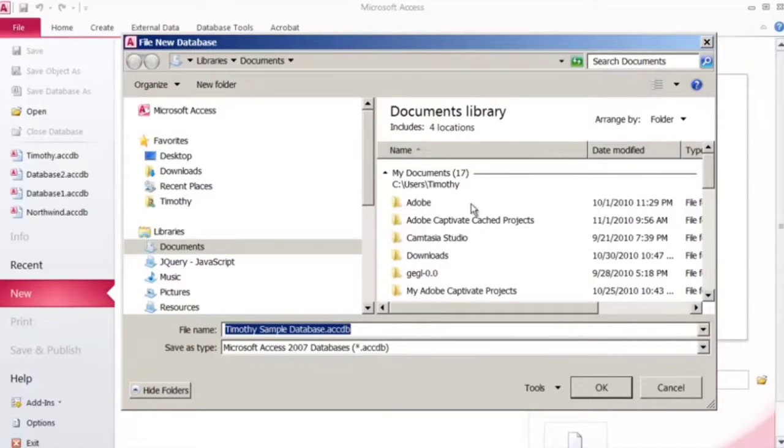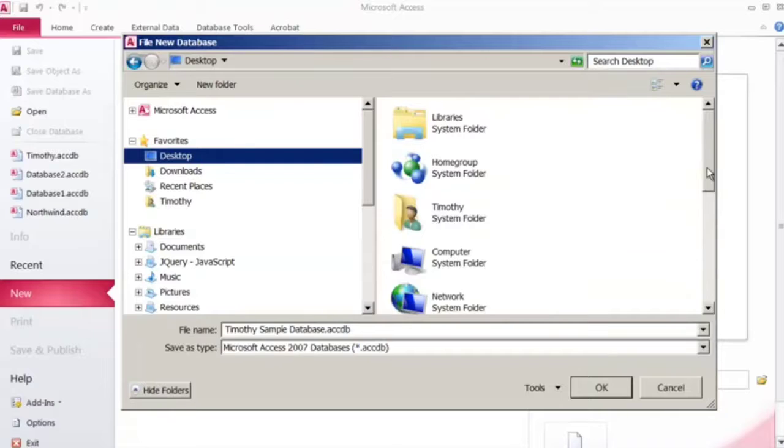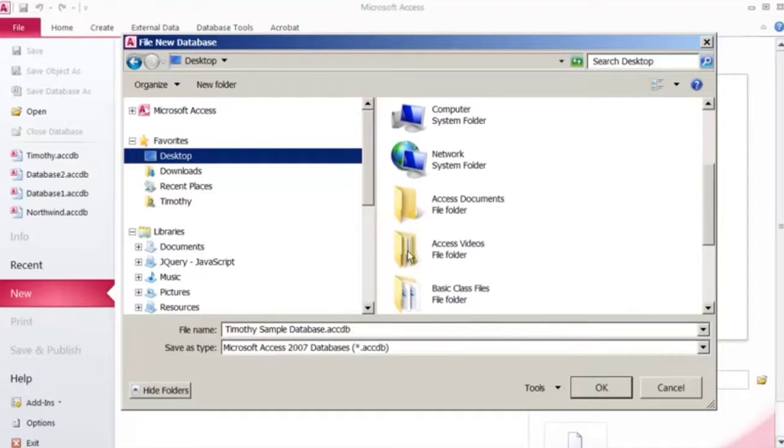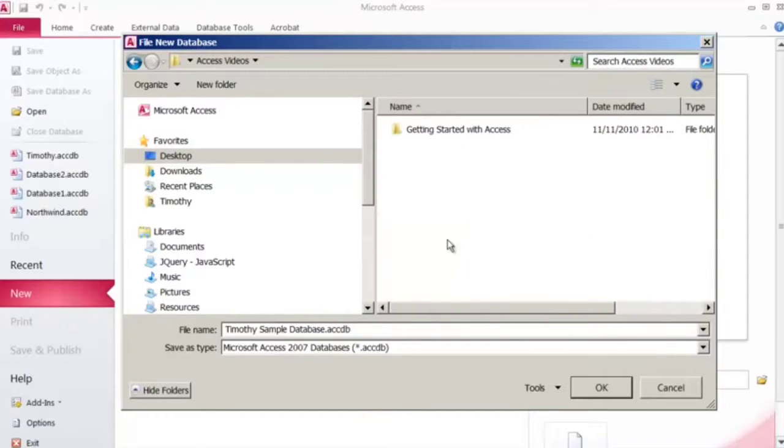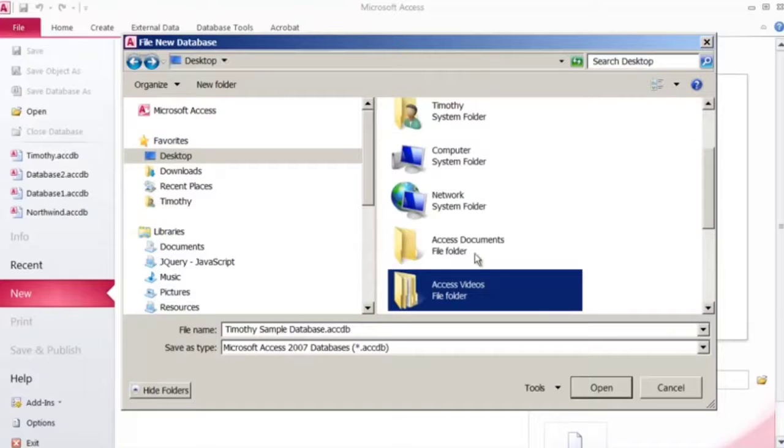So students, these are the steps to create a blank database, and if you have any confusion, then please pause the video and watch again. Okay,